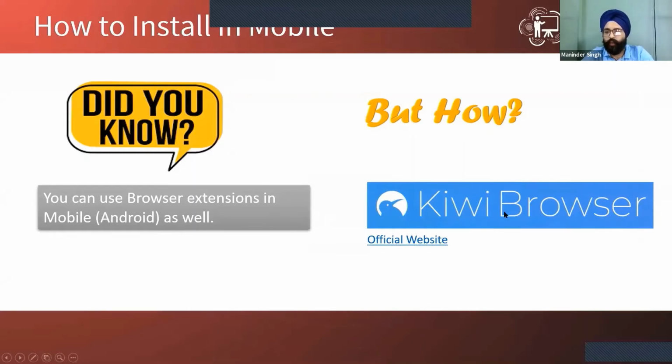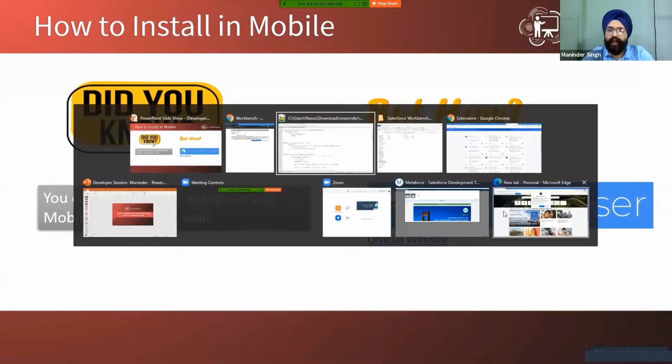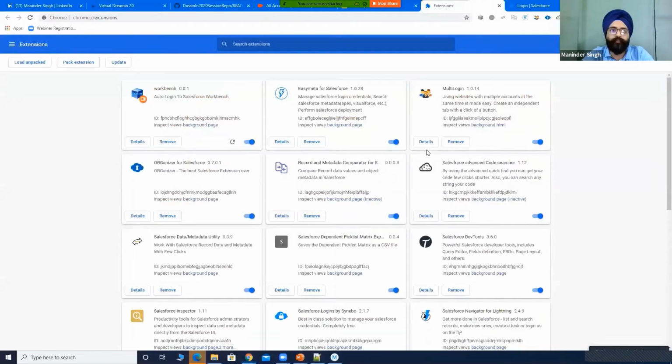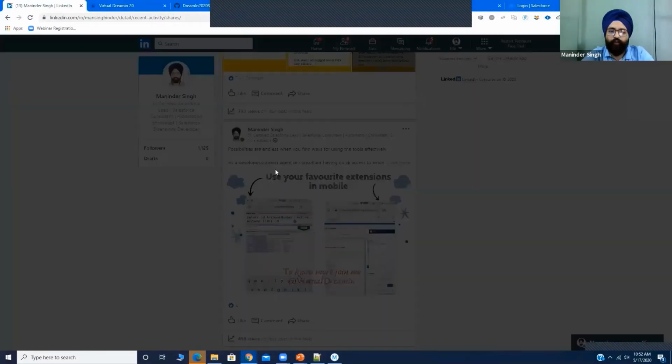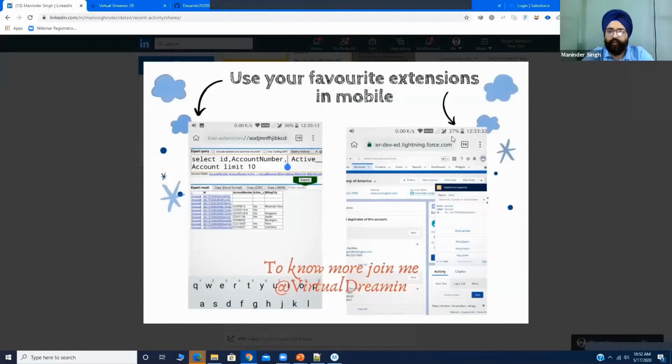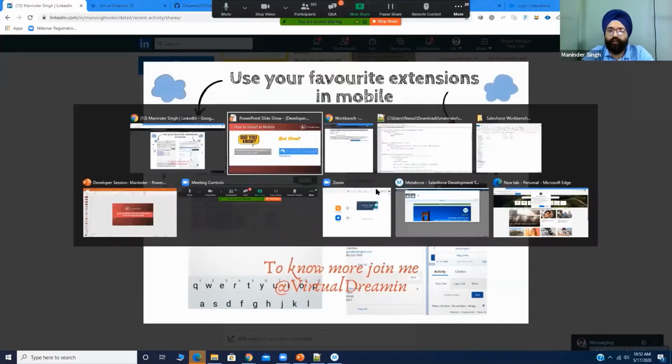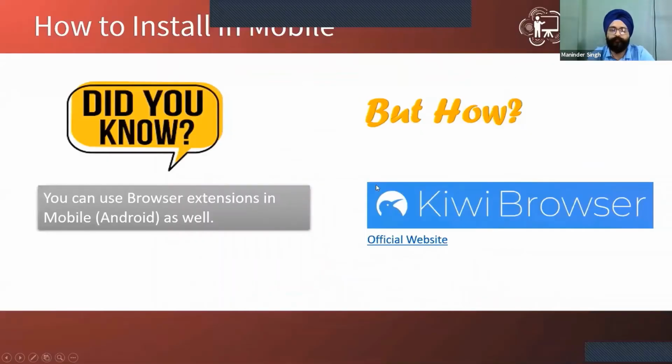This browser actually supports Chrome extensions within Salesforce. I have a screenshot for that here. If you see this screenshot, I've opened the Salesforce Inspector in my mobile browser and I can do queries, I can see the record data, I can do anything I can do on desktop. It's on the go. You can use it on your mobile browser.